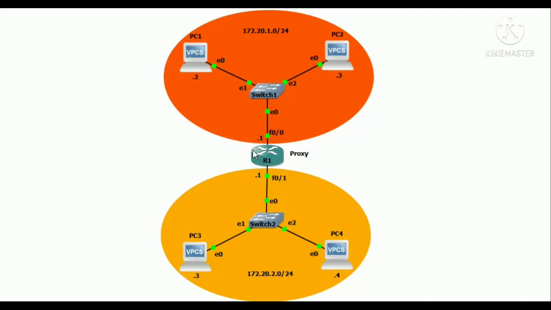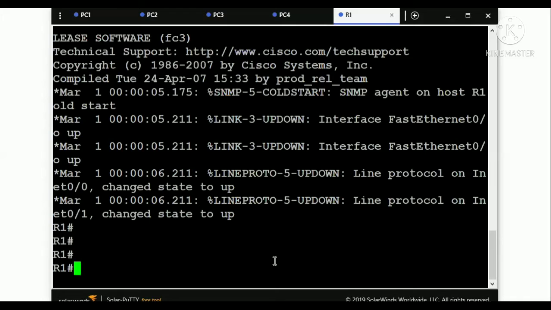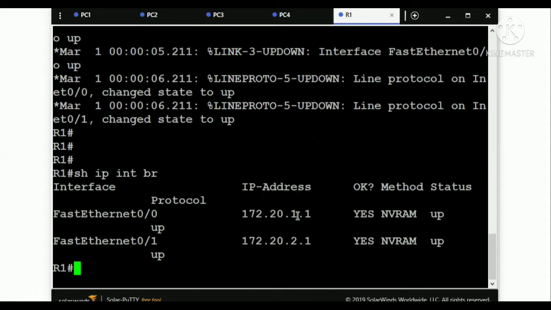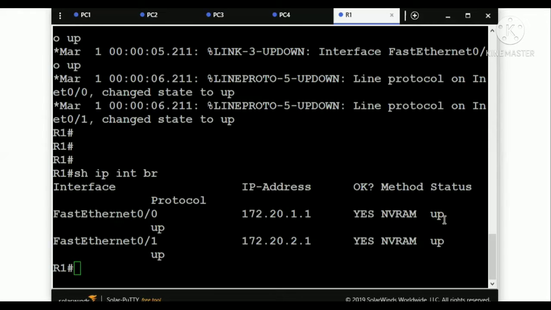First I'm going to configure our router. The router is going to be our proxy server. So router 1, let me show you the interfaces. I think I have already configured the basic configurations. Here you can see 0/0 with 1.1 and 0/1 with 2.1, and the status is up.